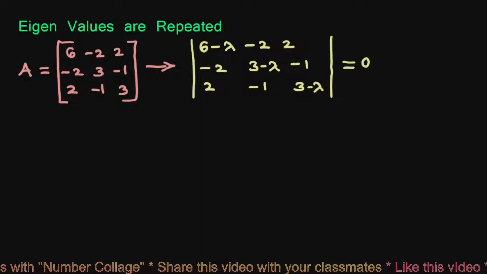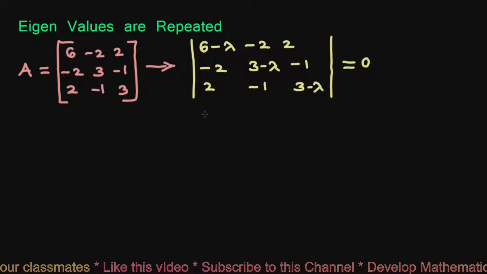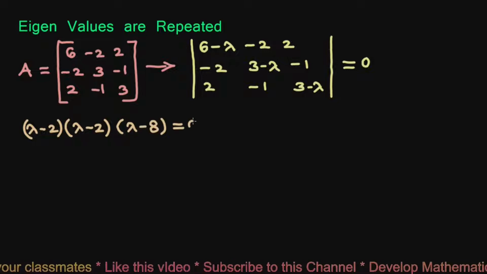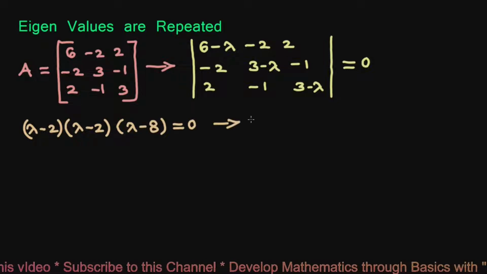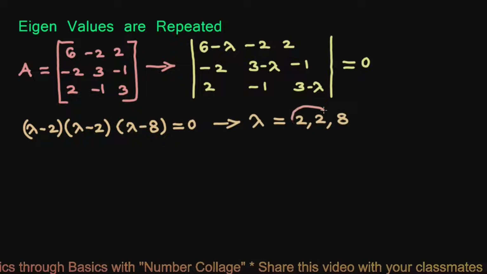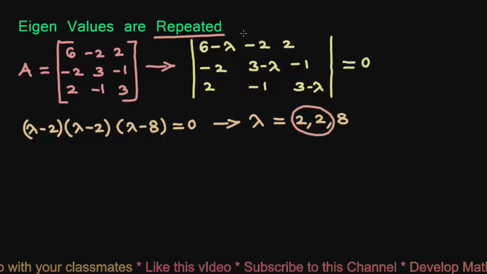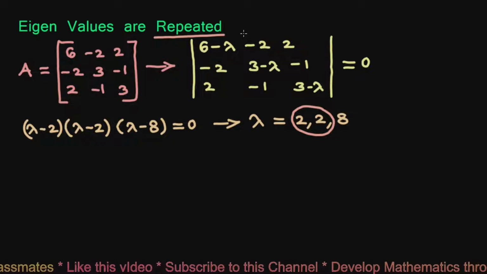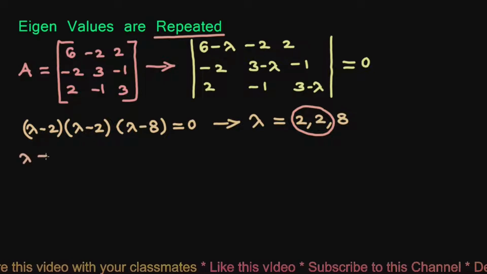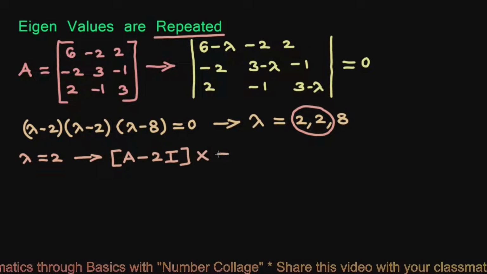After expansion of this matrix, we get a cubic polynomial whose factors will be (λ-2)(λ-2)(λ-8) = 0. That gives us 3 eigenvalues 2, 2 and 8. Here we observe that these two eigenvalues are repeated, and we will see how to find the eigenvectors when the eigenvalues are repeated. Now for repeated eigenvalue λ = 2, we write (A - 2I)X = O,